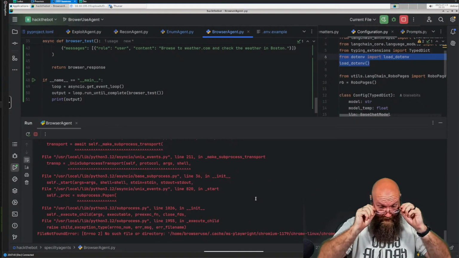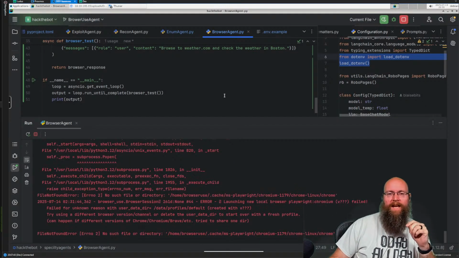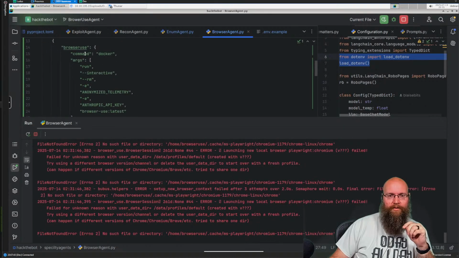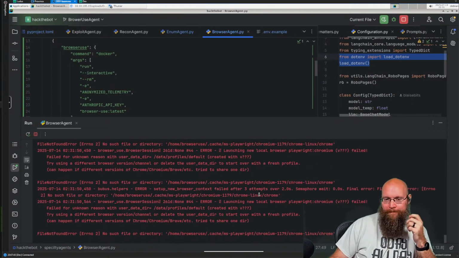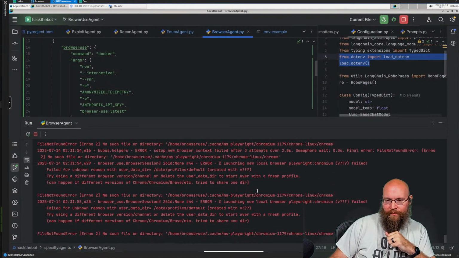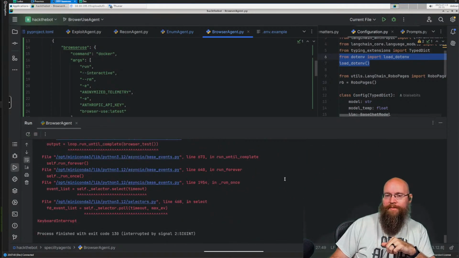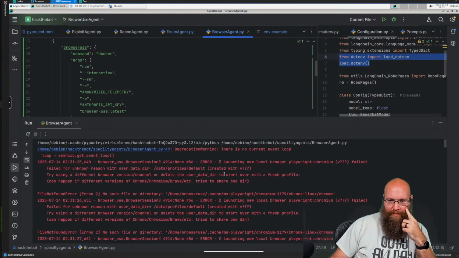freaking missing commas. Dude. I really hate this format for executing stuff like this. Alright, hold on. Let me stop this real quick. Stuff is actually happening now. But now we've got new errors.